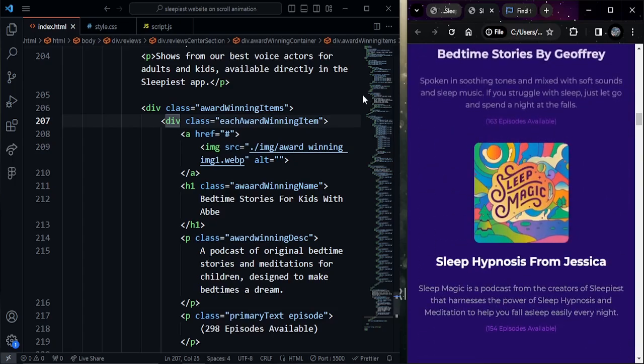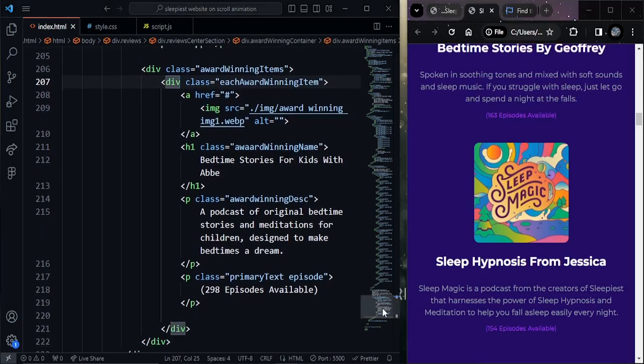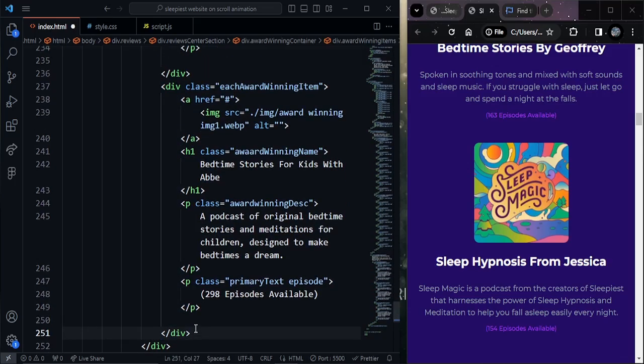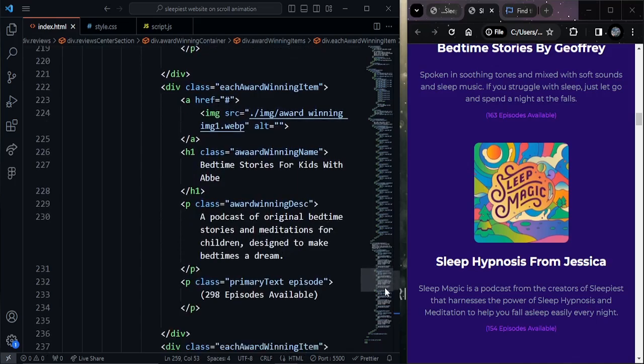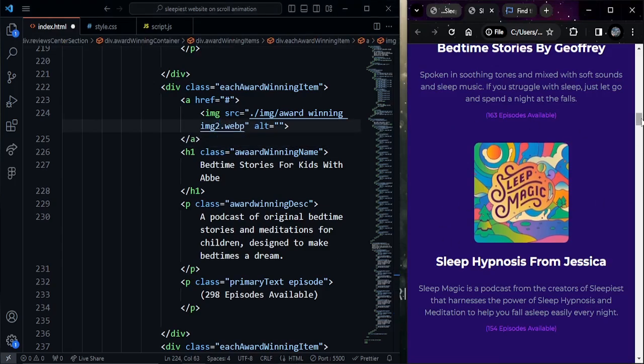Okay, I'm going to duplicate these items because I need 4 award-winning items, as you'll look over here. So just copy this element, copy, paste 3 times, and change the title, the description, and the image. For the second one, I'm going to change the image